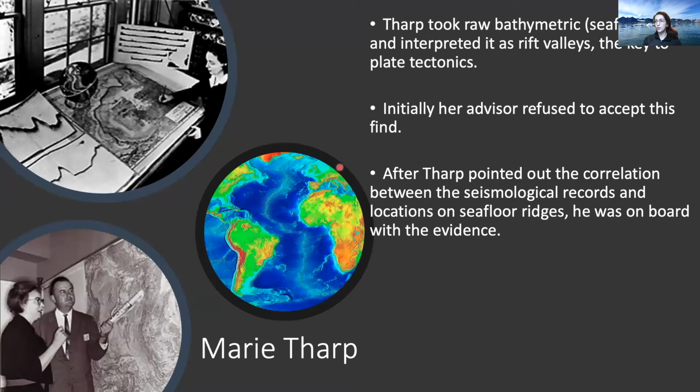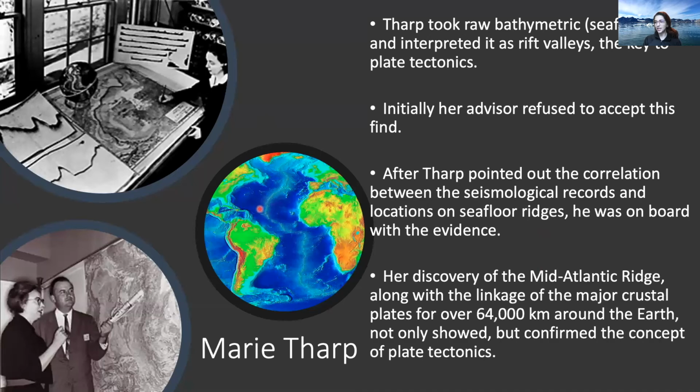But Tharp was persistent and pointed out the correlation between the seismological records, or those earthquake records, and locations on seafloor ridges. Eventually she was able to convince him of this idea of these mid-ocean ridges and eventually plate